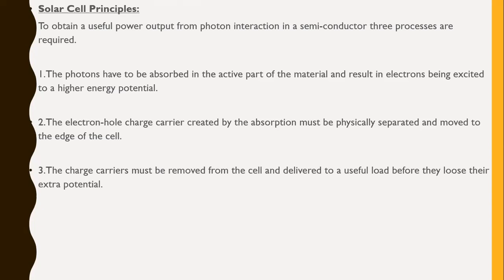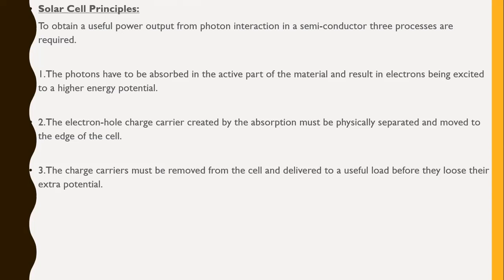Next, we will study solar cell principles. How is this solar cell developed and what is the principle behind the solar cell, we will deal with now. So the photovoltaic effect can be observed in nature in a variety of materials. But the materials which have shown the best performance in sunlight are called semiconductors. So we are taking semiconductors, for example, silicon.